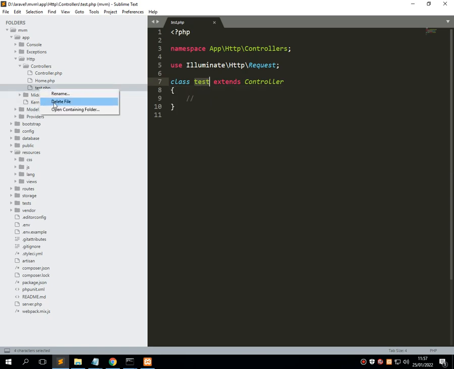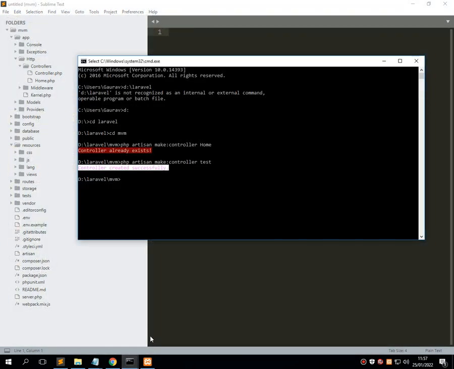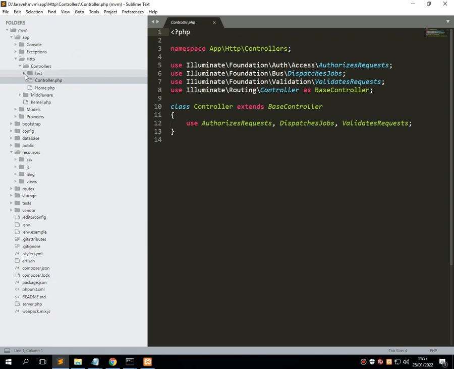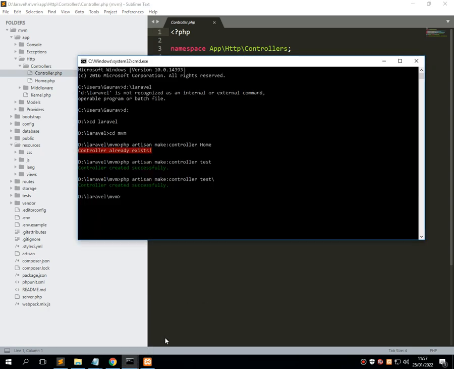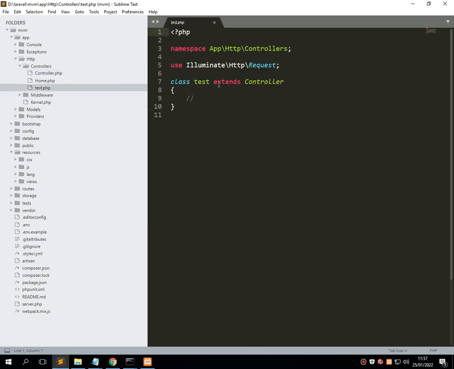Let me remove it over here. So right now there is no test controller in this window. Again I am going back into the command prompt and I am firing the command again. What does it give? Controller created successfully, and this controller is created inside the controller folder. Here there was one mistake, I had given a slash. So without the slash I am giving the command and it creates a test controller over here. So this is the way